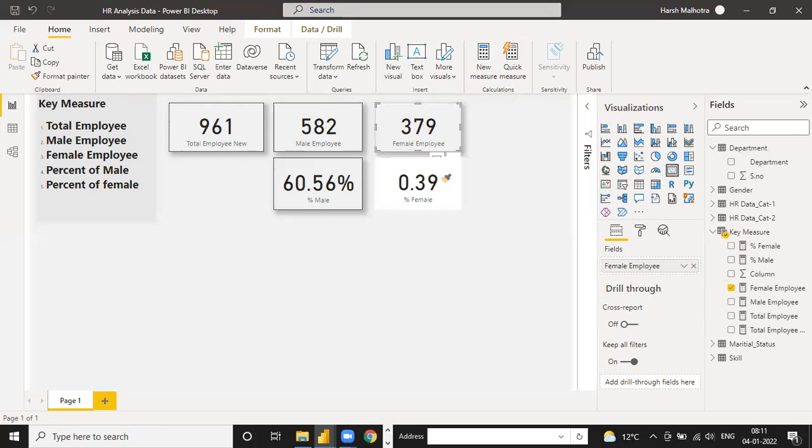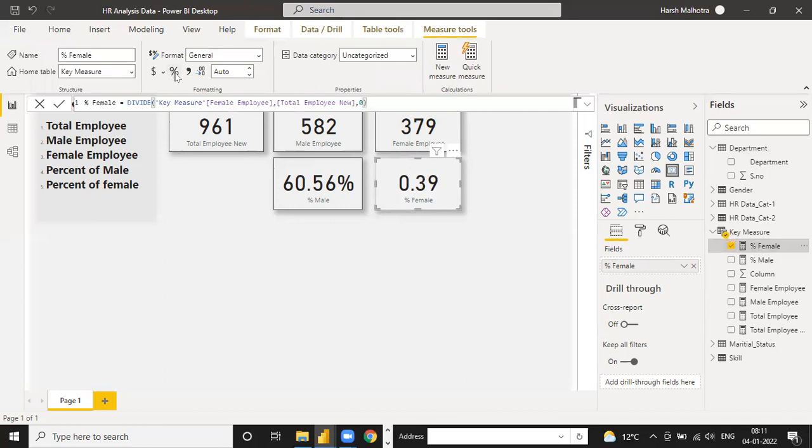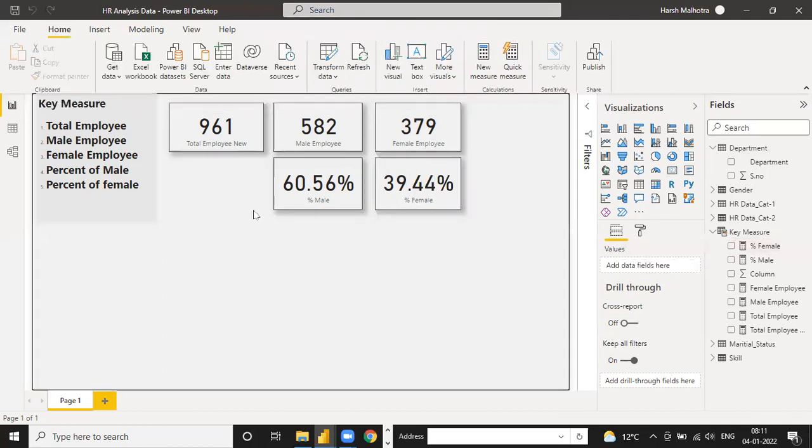Let me click on this female percentage, click on this percentage option, so you can see the complete answer which is 39.44 and 60.56. It becomes 100%, and the 100% total value is 961. So like this you can analyze your charts one by one. Under this key measure we have a total of 5 things and we have calculated them.